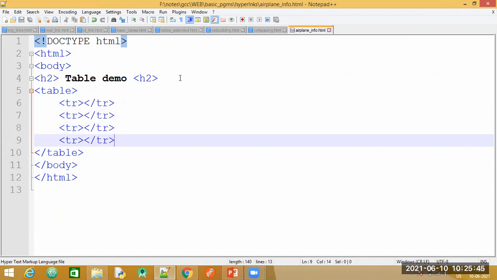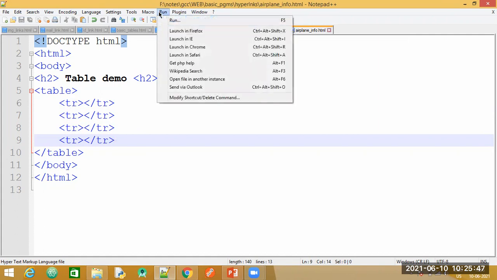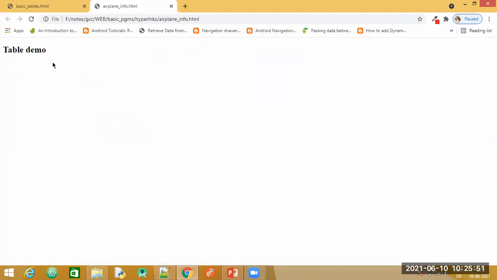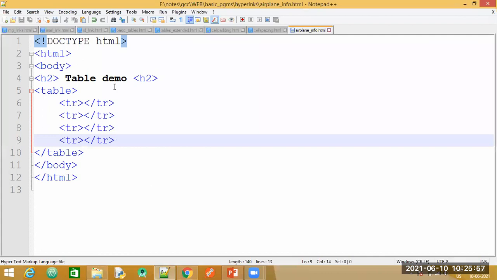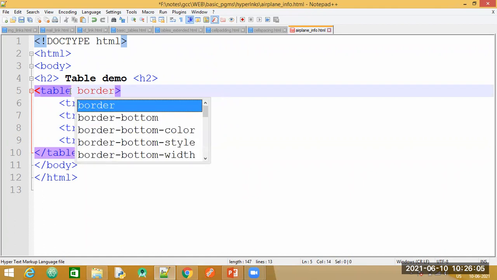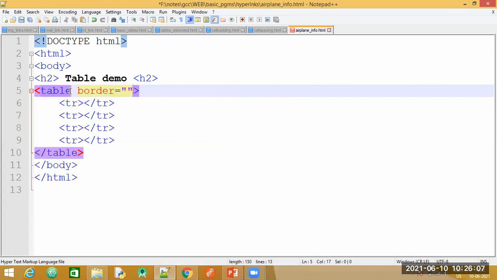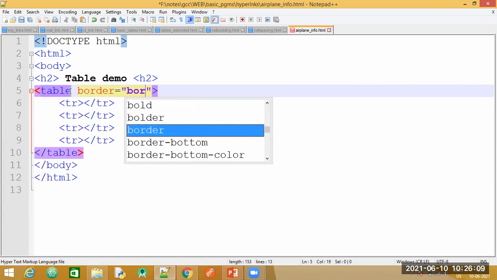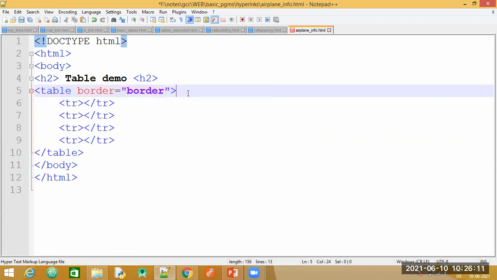I'll save this. Let us first have a look at how this much code is going to be displayed. Currently you can see there is no table here. We'll go back, and what I will do is give a property called border, and here also I will specify its value as border.